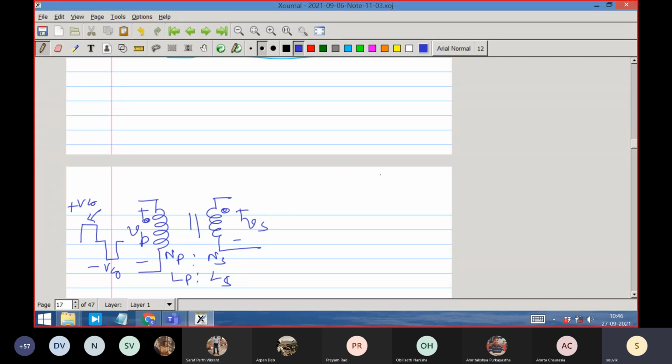The secondary side is VS. So what is that? I will put a rectifier. I can put a half bridge rectifier or half wave rectifier or a full wave rectifier. Let me put, for a change, a full wave rectifier. Full wave rectifier means just your conventional rectifier. That's why I don't need a center tap. Center tapping was also an unnecessary cumbersome thing. I had to take an equal number of turns and put it there. It was not so convenient engineering-wise. So now no problem, I can get rid of the center tapping.